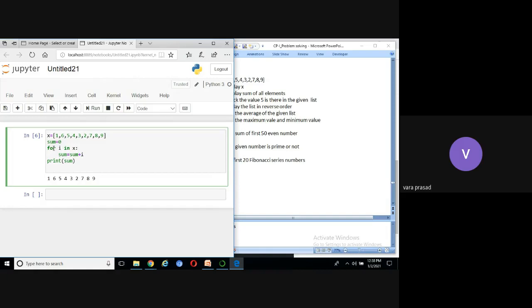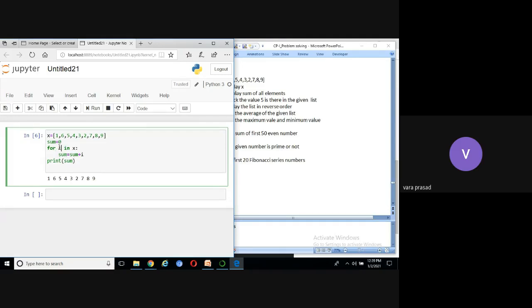But if you take any for loop, the loop control variable will take the values from a list, tuple, set or range function. All of you remember this point. If we take a for loop, the initial statement consists of one control variable that is called the loop control variable. That may be integer, float, or character. That depends on the kind of value you are passing to I. But one important point here, the loop control variable always takes the values from a list, tuple, set or the range function.